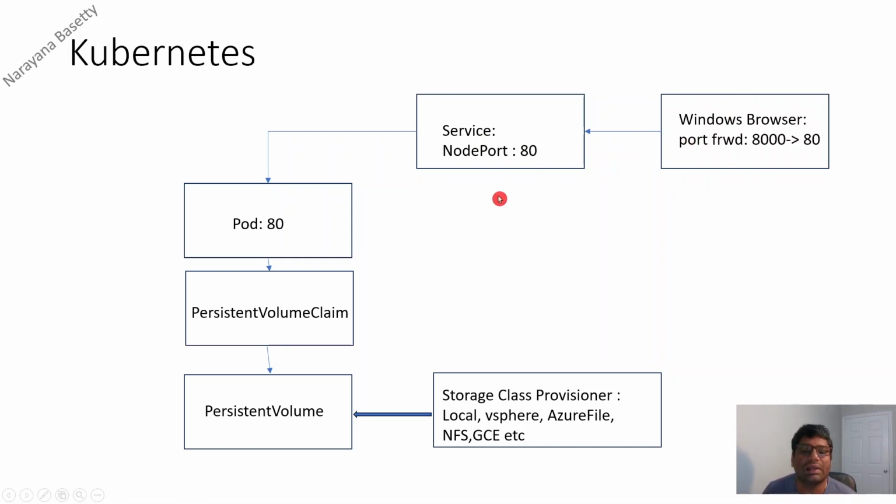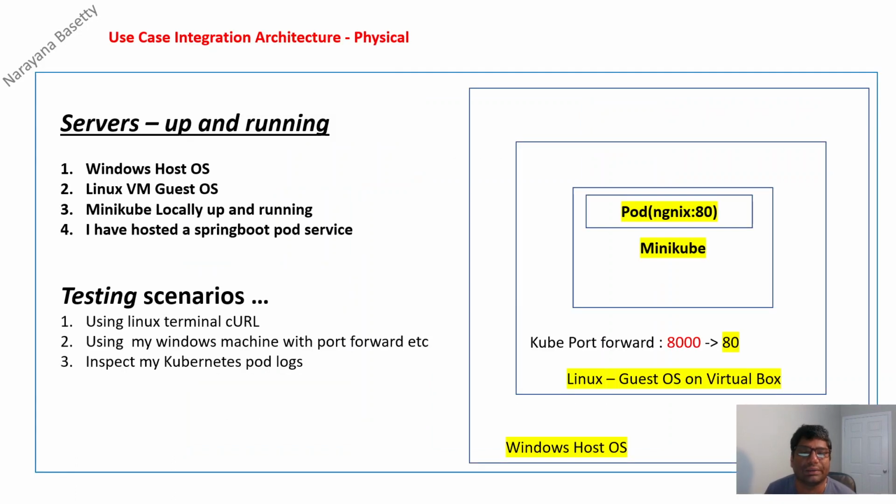So until here we are good. We can go ahead and access the provisioned port. But for a Minikube which is running in my local, to access from the browser, I have to do the port forwarding ideally. So this is how my physical architecture, which is running the real Kubernetes engine, looks. Windows host